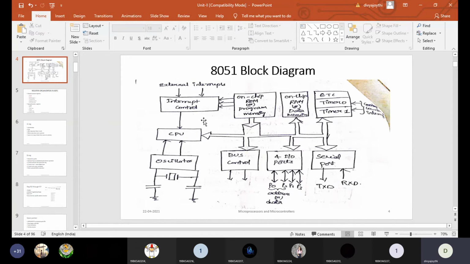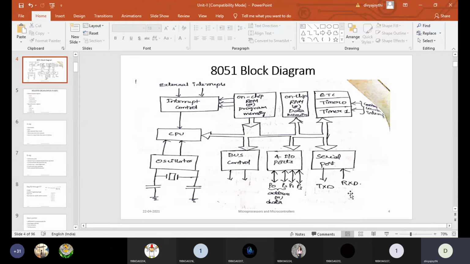That means the CPU will perform the operation and send the data bit by bit to a particular device. And when it is receiving data from outside devices, it will also receive the data bit by bit. So it supports serial communication. Through the serial port, serial communication is supported by the 8051 microcontroller.